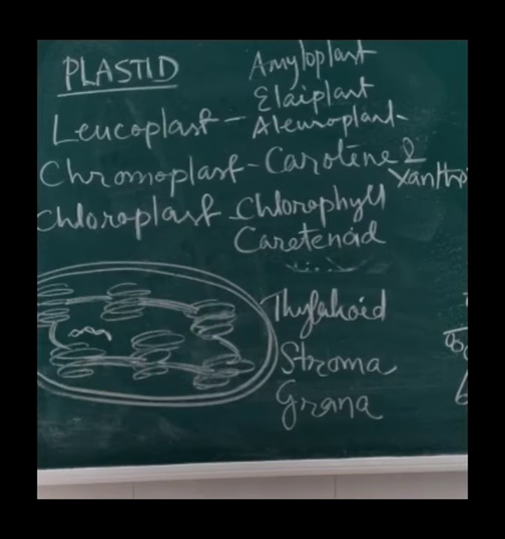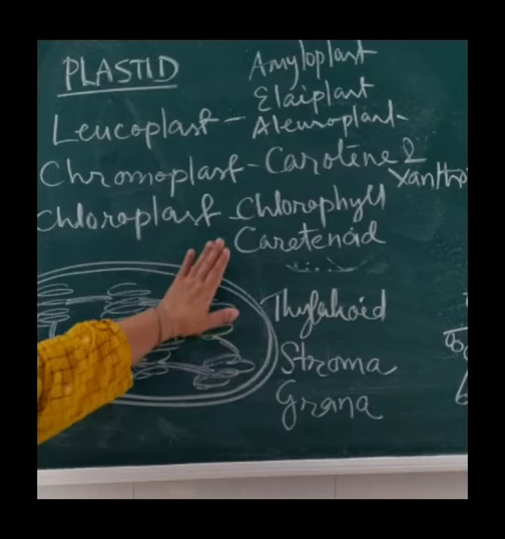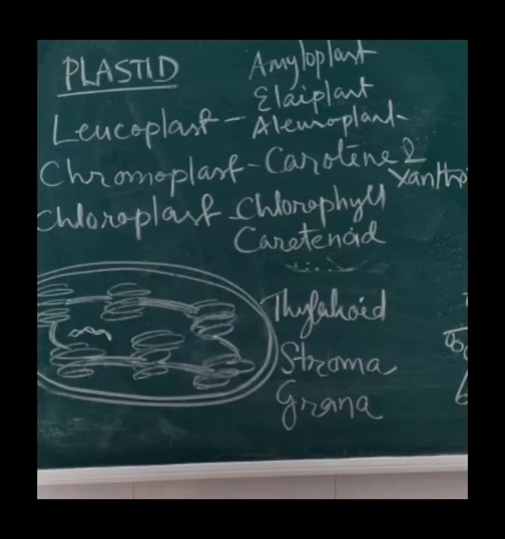Chloroplast bears the chlorophyll pigment, which is responsible for trapping light energy essential for photosynthesis, the synthesis of organic food from inorganic raw material in the presence of sunlight. So photosynthesis is done by this chloroplast. Chloroplasts occur in large numbers in the photosynthetic mesophyll cells of leaves and stem. This chloroplast number can vary. Chloroplast is the essential structure of mesophyll cells.